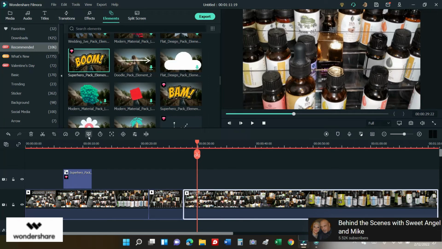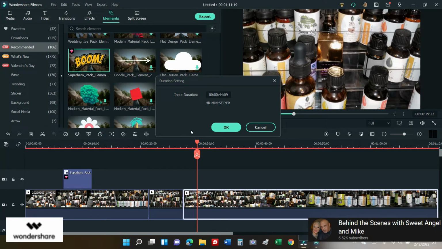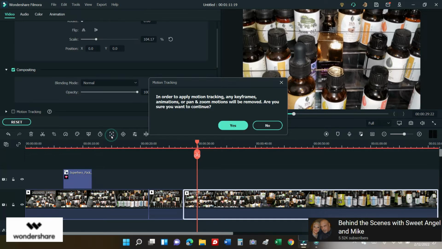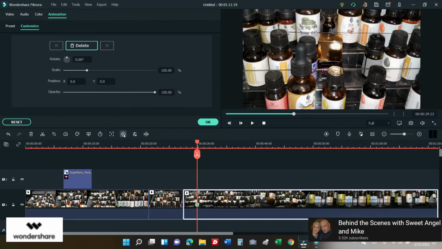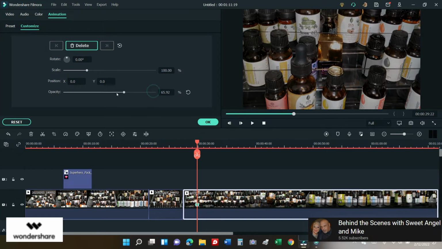So the other item I wanted to share with you, of course, is you can adjust the time of this particular frame. If you wanted to shorten it to a specified amount of seconds or minutes, you can do that. You can also zoom in this way in order to upload. Oh, it's just letting you know that it's going to remove the other keyframe animations that you've put on there if you want to continue. So I'm not going to worry about that right now. You have here where you can, again, customize the opacity of it, you can do that to scale